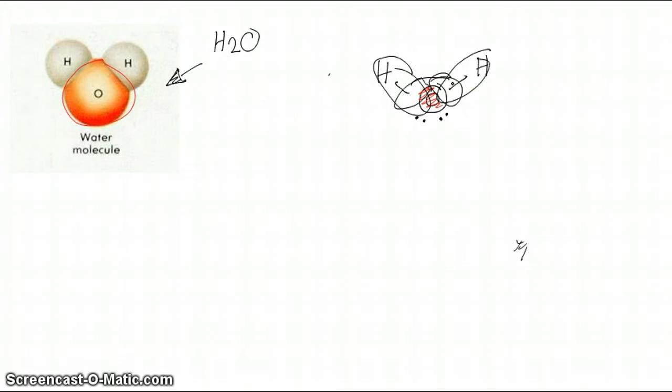A hydrogen bond is when hydrogen is strongly attracted to either nitrogen, oxygen, or fluorine. So since this is hydrogen and this is oxygen, these are hydrogen bonds. H2O would actually be tetrahedral in shape, but since it has two lone pairs right here, it is a bent shape with angles of 104.4 degrees each. So this is 104.4 and this is